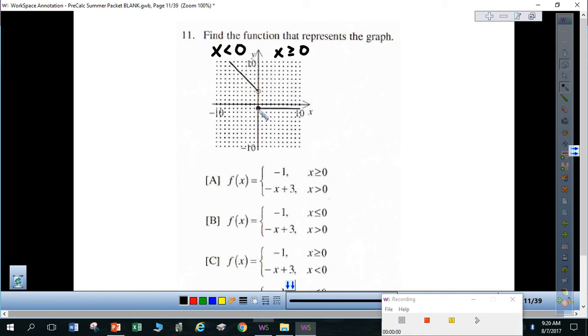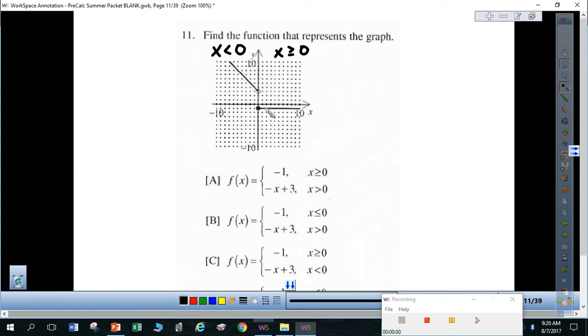So this shows x values greater than or equal to 0. It's "or equal to" because the little hole is filled in, attached to the line that's on this side. This hole is open, so these are only x values less than 0, but not including 0. So first we want to figure out that, and then we want to write out the equation for the line